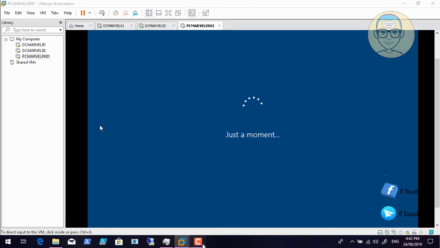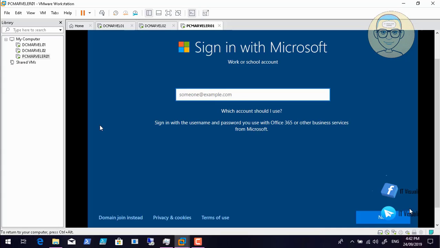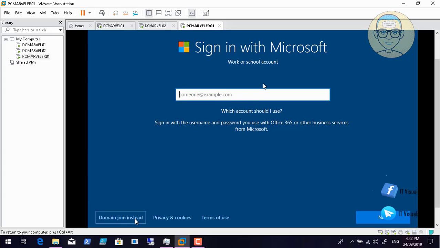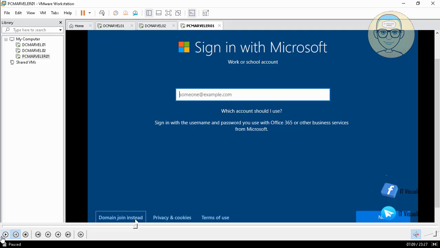Just a moment here, it's waiting. Then it will ask if you need to sign in with a Microsoft account, so you can log in to this virtual machine by a Microsoft account or Microsoft email account, or you can tell it to access this virtual machine using a domain user account. So we will use this domain joined instead. Okay,